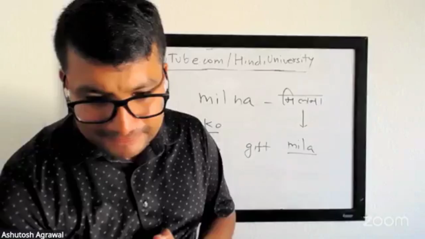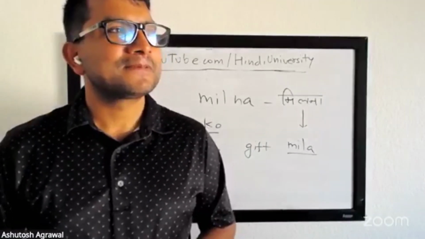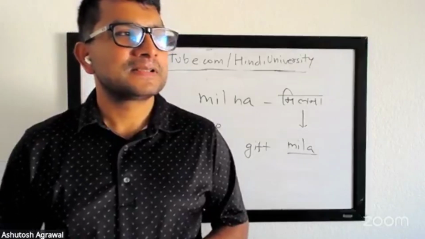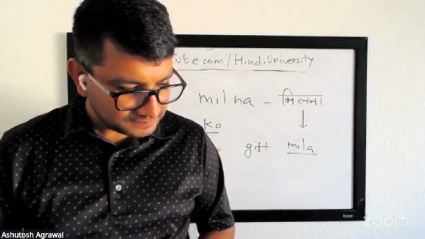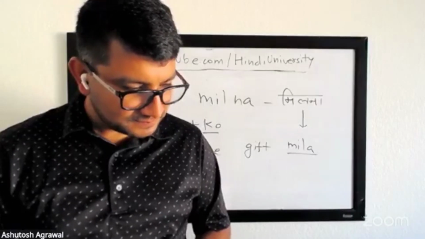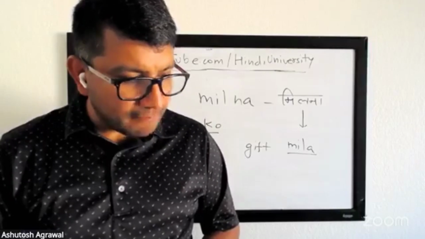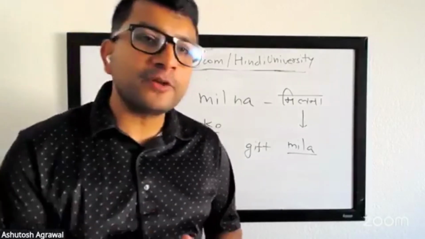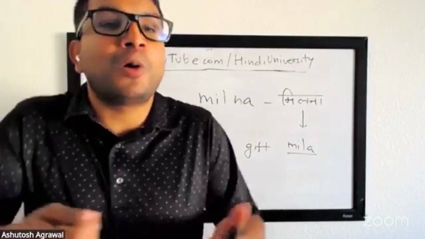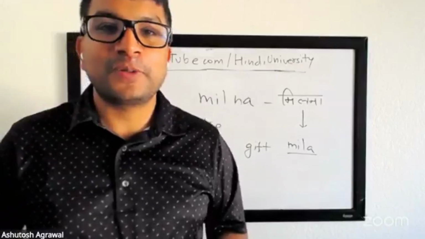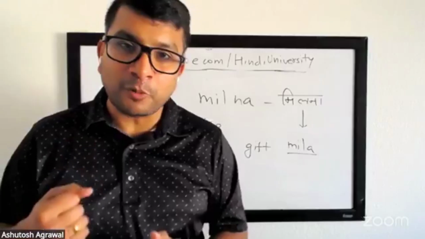I have a question, Ashuji. What is the difference? When do you use Mila and Liya? Liya is to get also. So you said you got an Upahara, Puraskar, Liya or Mila. Is there a difference in the way you say it? You can say it both ways. Maine liya versus Mila is like when you took it versus when you received it. When you say you were awarded, it's more like you were the recipient of it versus when you took the award.